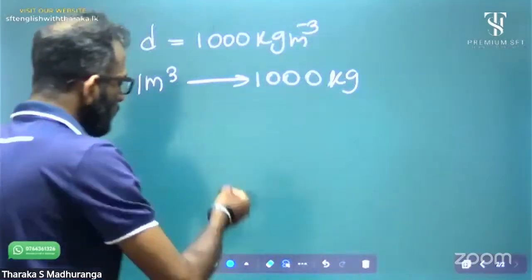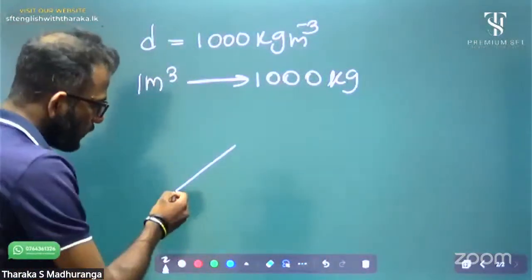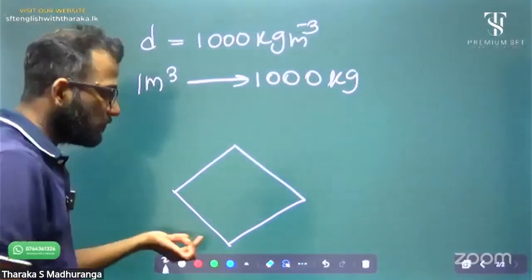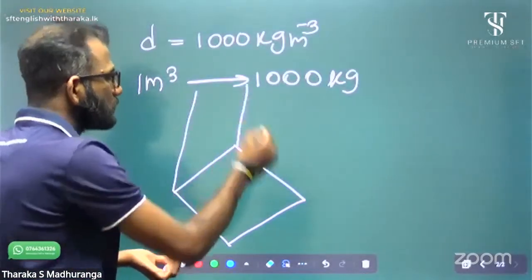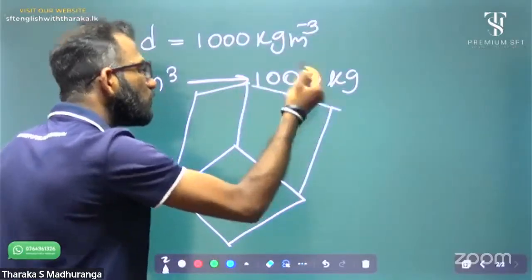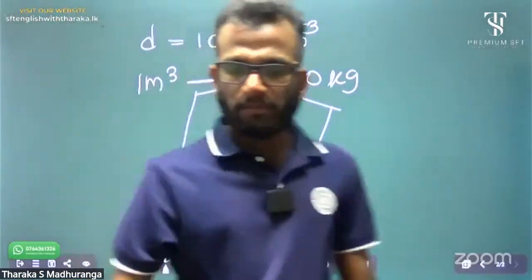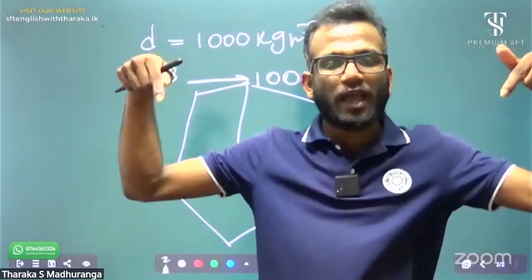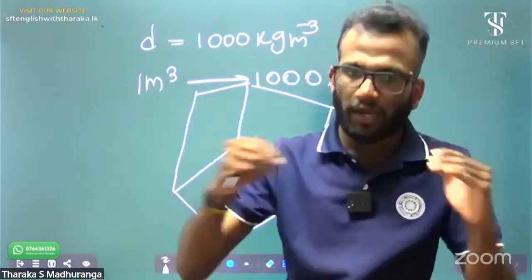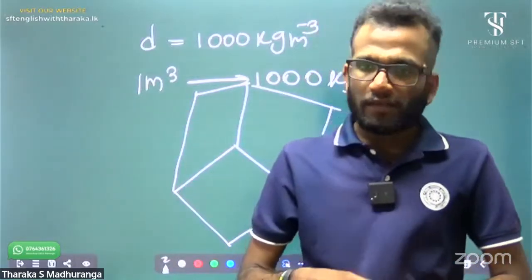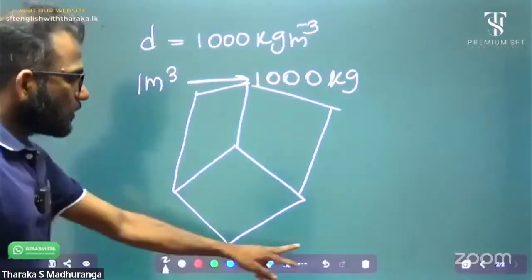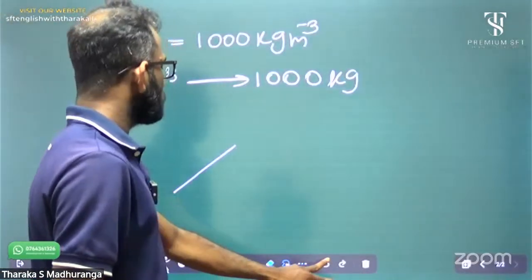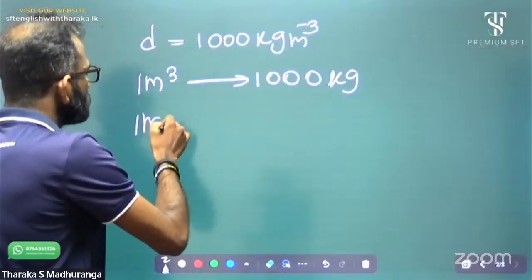If you got a water tank with 1 meter length, 1 meter width and 1 meter height, the full volume is 1 cubic meter. Remember, 1 cubic meter of any liquid is equal to